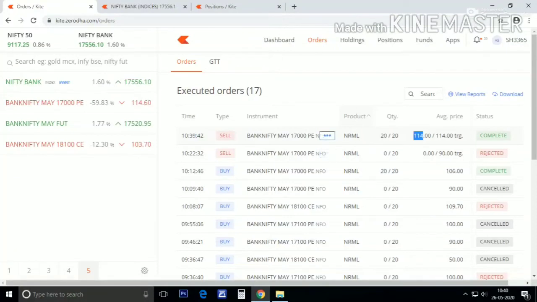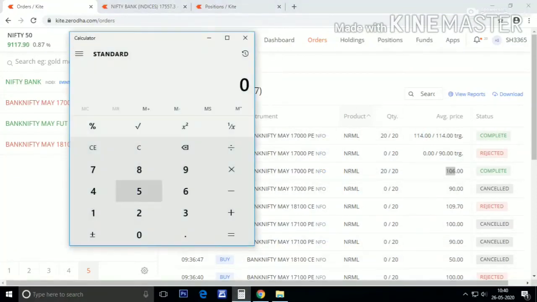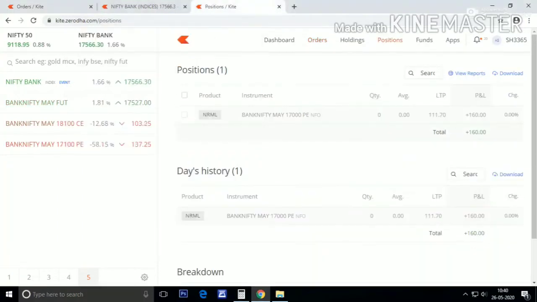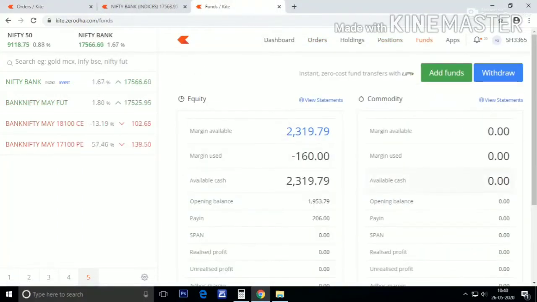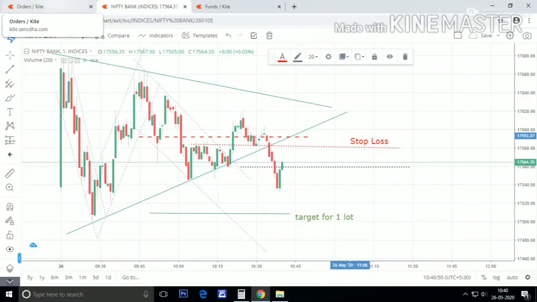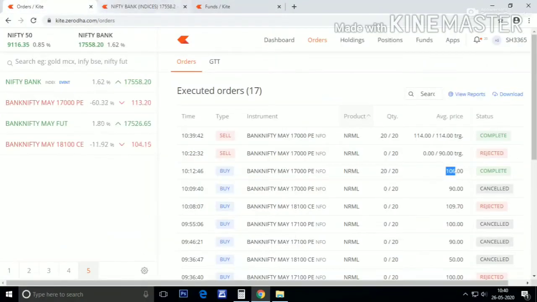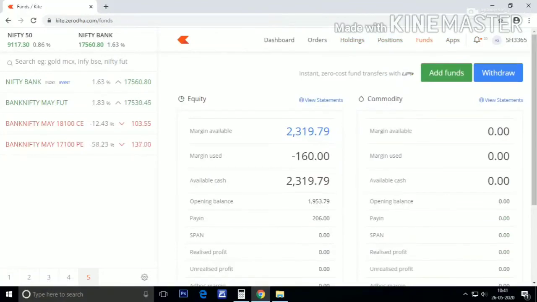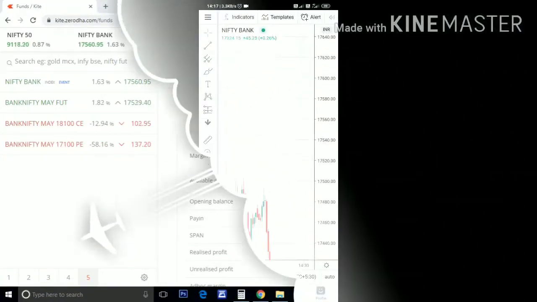Within 27 minutes, around 40 minutes, we booked a profit of 8 rupees on buying at 106, which is 7.5%. Okay, this is very good for intraday purposes. 7.5% of your investment capital is quite big, I think, for intraday. Many days I have booked 20-30%, but it is not consistent enough. A consistent 2 to 3%, I think, is more than enough.